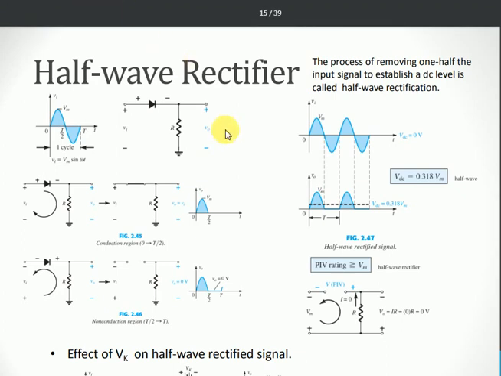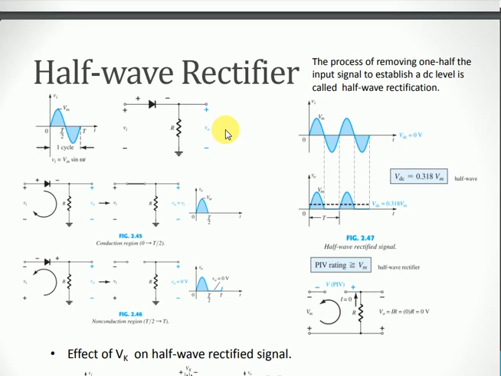Let us consider this given circuit here. Here we have the input Vi, which is given as Vm sin omega t. Vm is the maximum peak of the signal. This is basically the input cycle that is given to the circuit, and the circuit is this: one diode, and then a load resistor across which we are taking the V0.